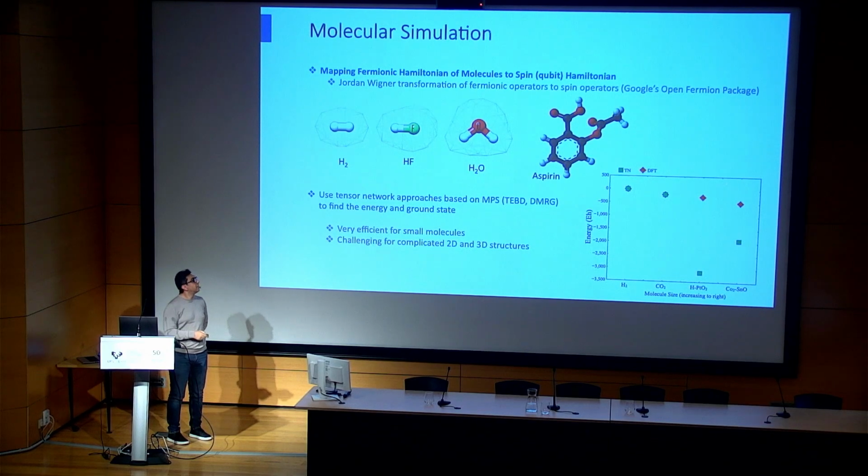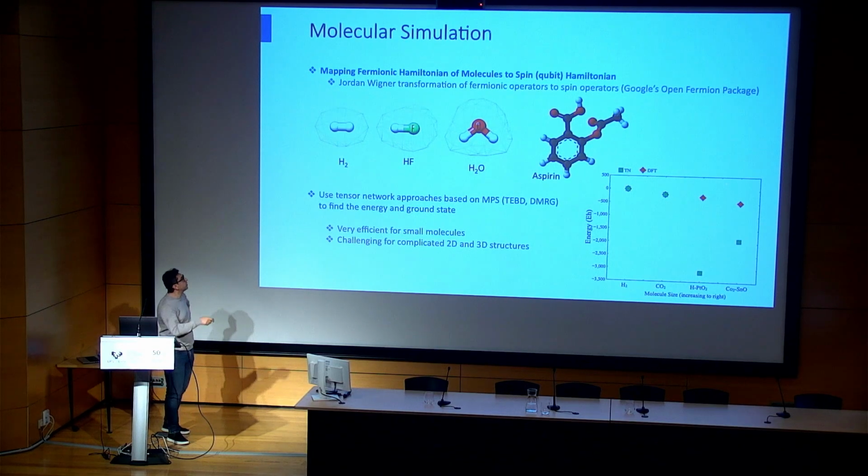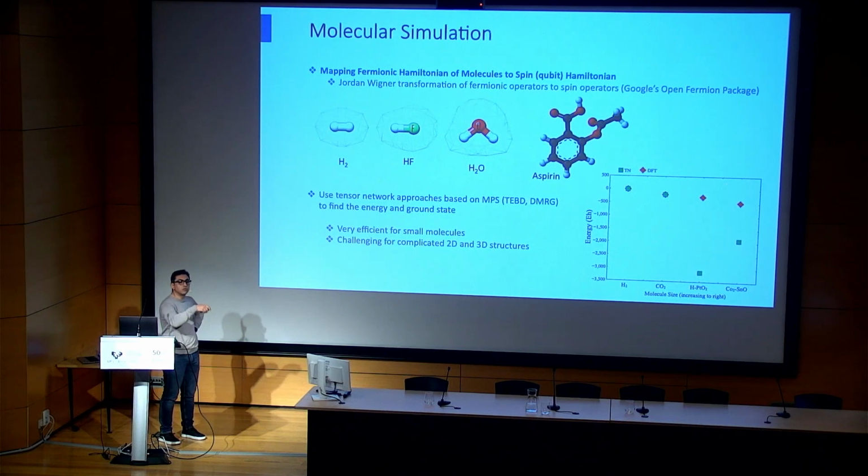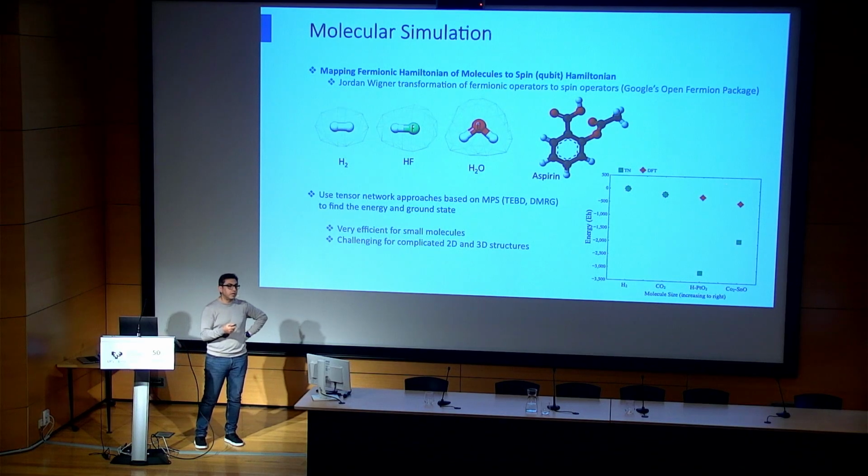However, there is a drawback. When you have the Hamiltonian for a structure, if it is still small, that's okay. You can do the Jordan-Wigner transformation and do the simulation. But if you go to larger and more complicated structures, it is difficult. For example, here you see some energies for small molecules where we have good agreement with the DFT calculation. For some of them, we have even obtained lower energies. But if you go to very complicated structures, these approaches are not really optimal because the Jordan-Wigner transformation creates long-range